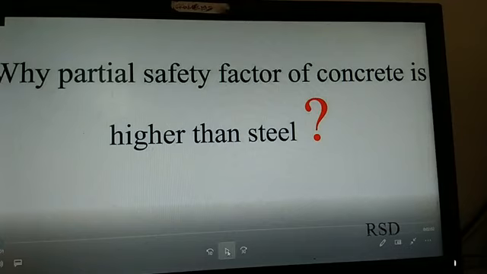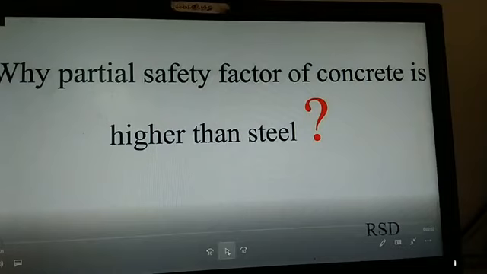Okay, there is a question, sir, when we connect members to web and flange. What do you mean? Like, when do we connect members to web and flange? See, we never connect web to a flange, right? So if you want to transfer shear force within the beam, you need to connect web to web only.